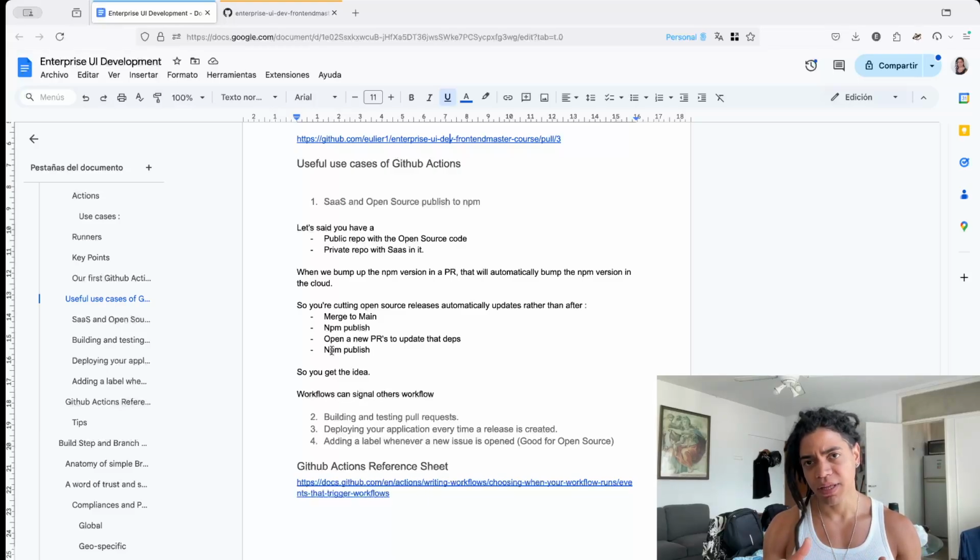So deploy your application every time a release is created. Hey, this is the tag that I put here. This is the release that I create here. Let's now automate the process of deploying that. And the other is adding a label whenever a new issue is created, right? These are a couple of small things that you can do, which are very useful, especially to maintain these large